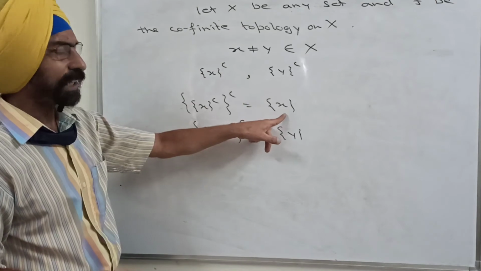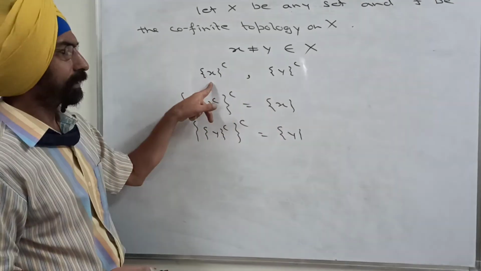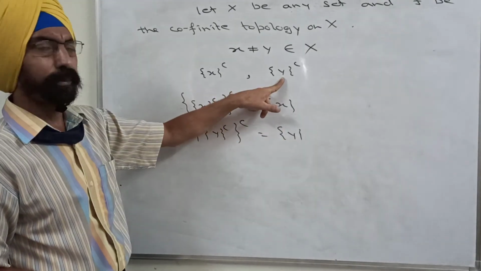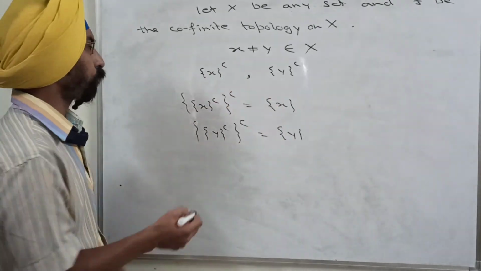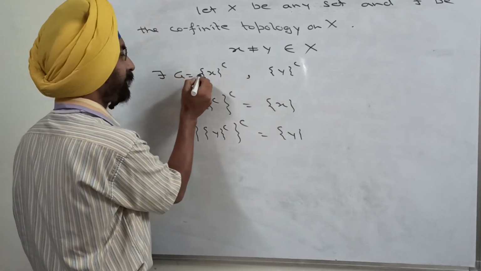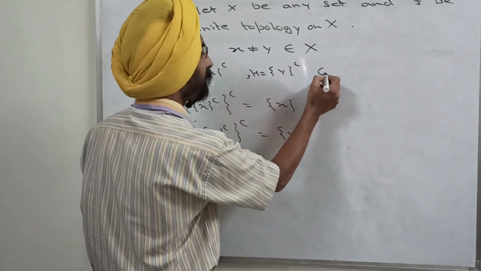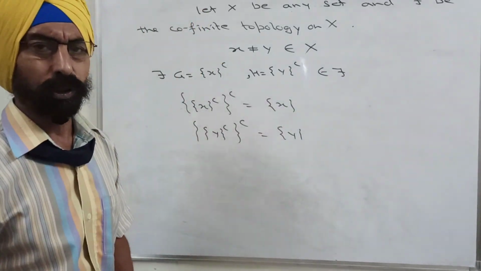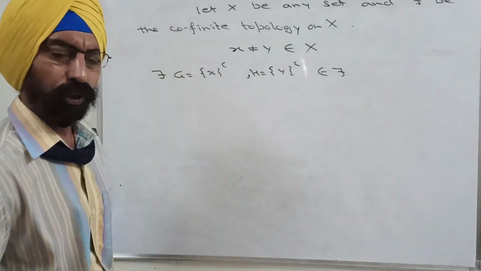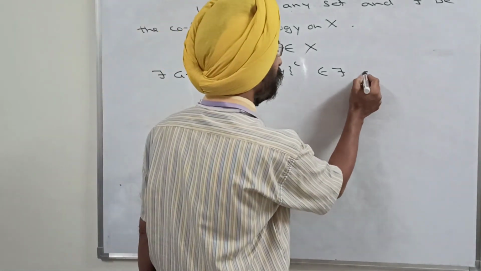So these are finite sets, that means their complements are open. These two are open sets, you can name them G and H, and both belong to tau, the topology, because every open set is a member of tau, such that